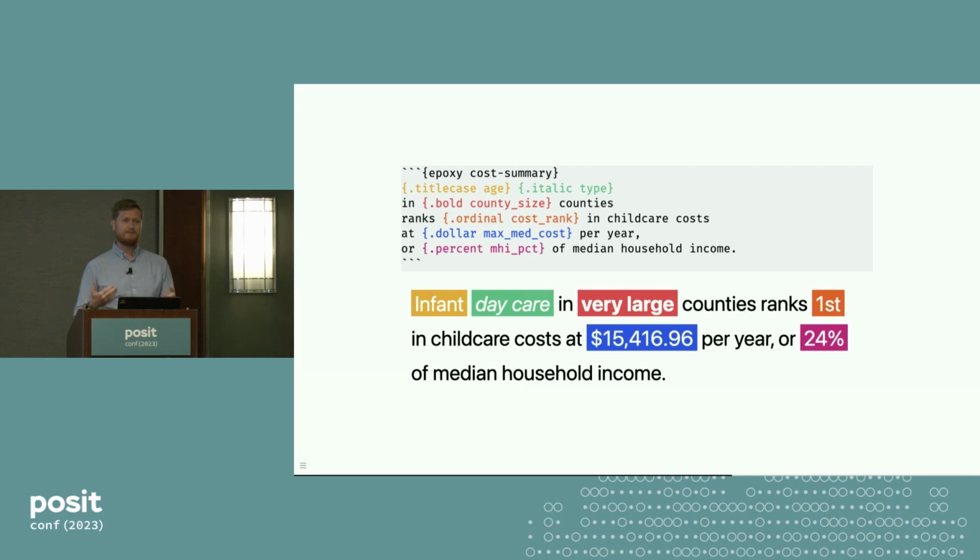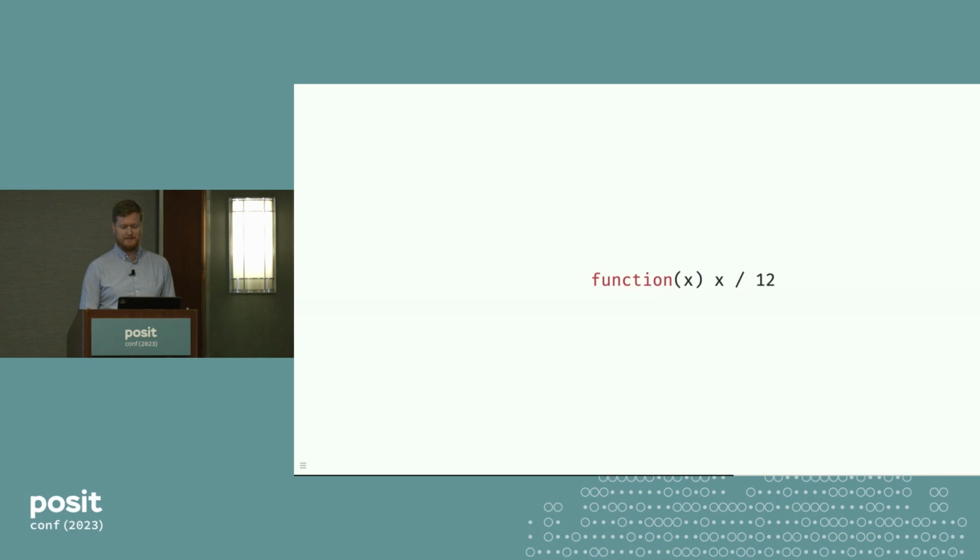and I would like to express this in terms of how much is that per month? What is the monthly budget of childcare costs? So to do that, you would take 15,000 and whatever and divide it by 12. You might write a little function to do that. Take x divided by 12. And if you give it to another function called epoxy transform set with a little name like .cpm, you've now created your own inline transformer that you can use.